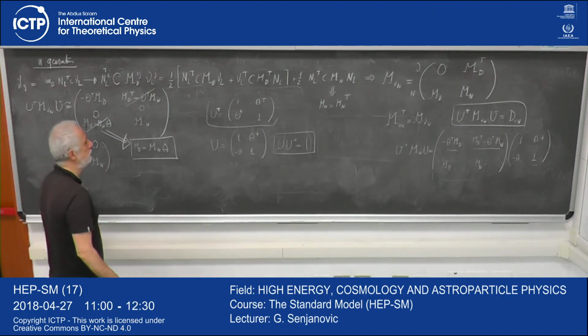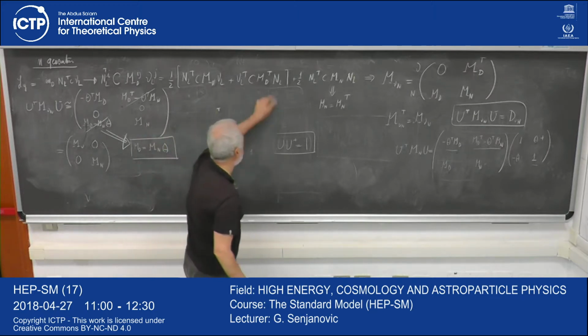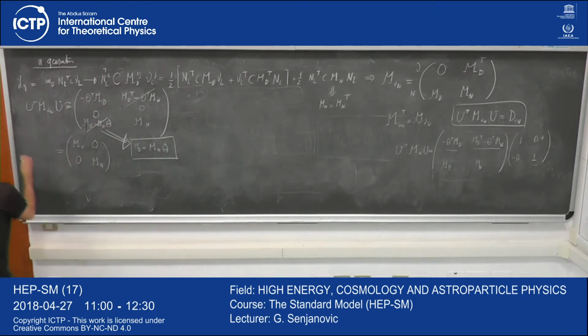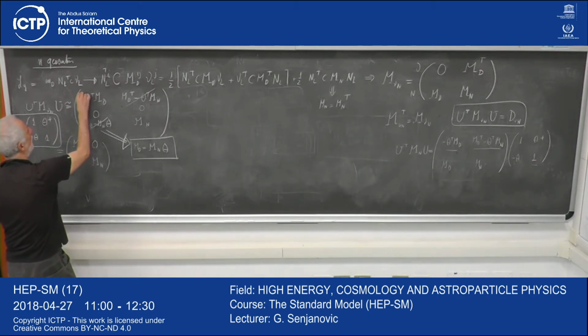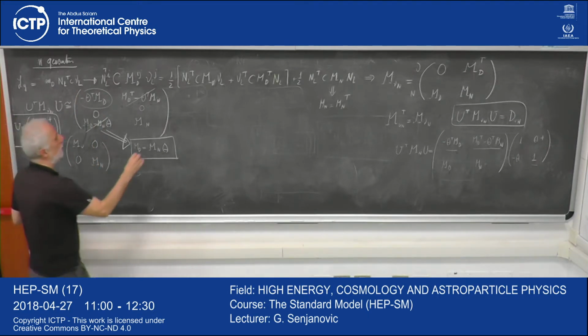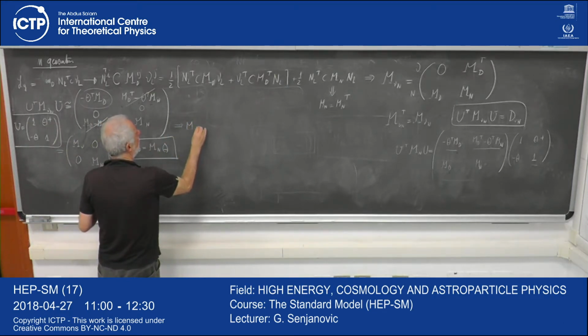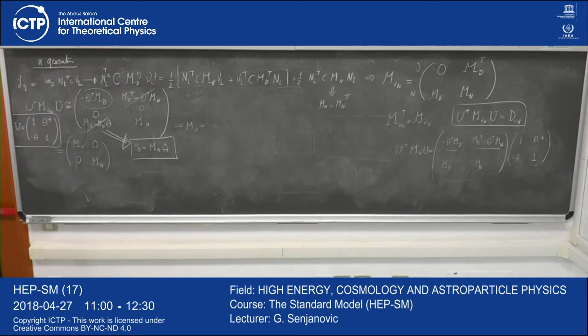And I predict, let's write it here, I don't need this anymore, that the matrix U was defined. I introduced a mixing, theta dagger minus theta 1. It's easy to see that if you write this theta, this will be theta dagger to be unitary. Okay, you could have written theta 1, theta 2, and you will use that unitarity. You could have invented this easily. There was not a big deal here. So what I predict here for M nu, now I have a prediction. So I have one more prediction that M nu, the matrix induced by these heavy fields, is,